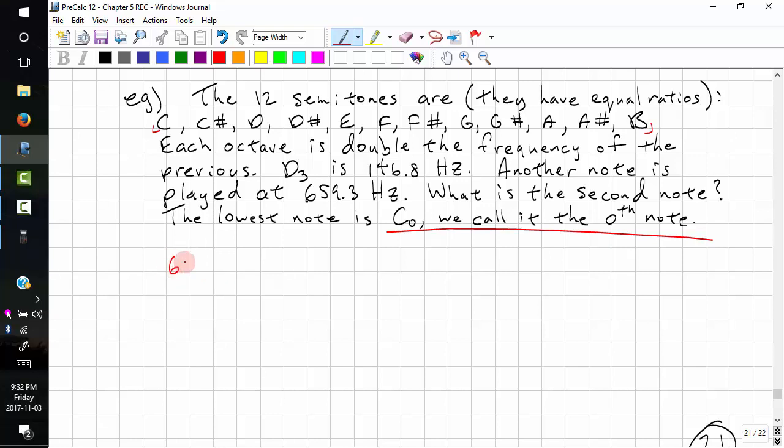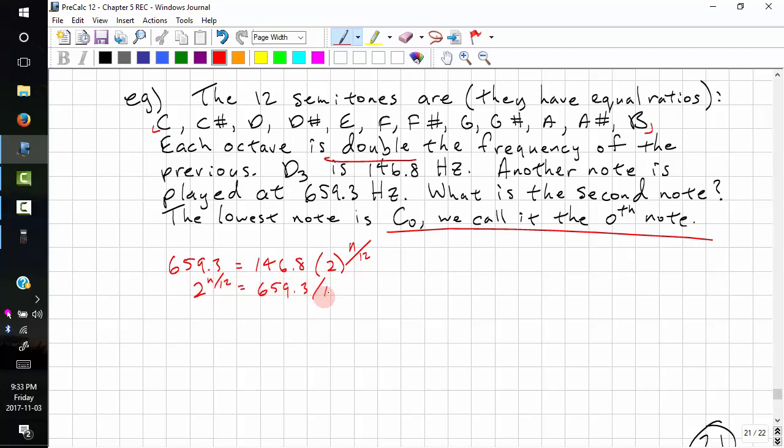Anyways, we have 659.3. We have a starting value of 146.8. Our ratio is 2 because it's double the frequency for each octave. And we have our note number. And we have 12 semitones. So our k is 1 over 12. Okay, so 2 to the power of n over 12 equals